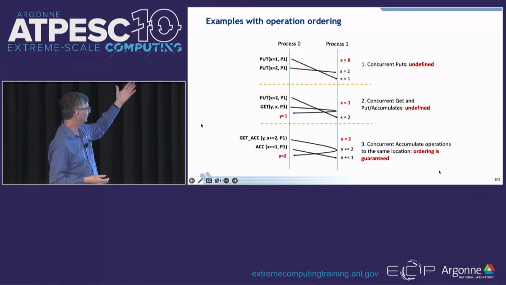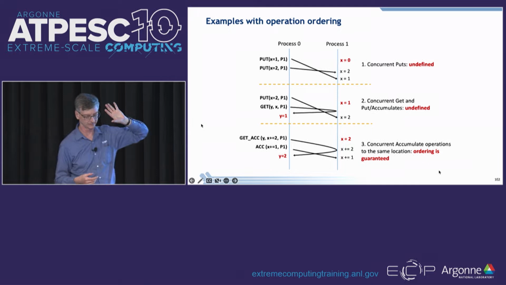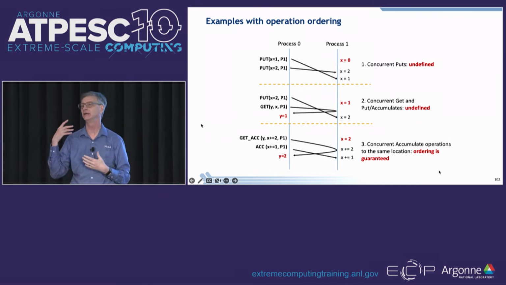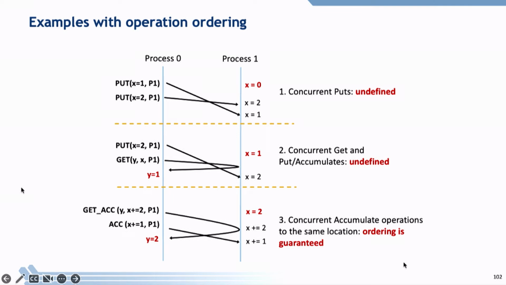So this is just a few examples. If you're doing concurrent accesses of any kind, updates, reads, or whatnot, don't use put and get unless you're okay with things being undefined, which some algorithms actually allow. If you need the ordering, if you need concurrent updates, you can do that. You just have to use the accumulate and the get accumulate, which gives you